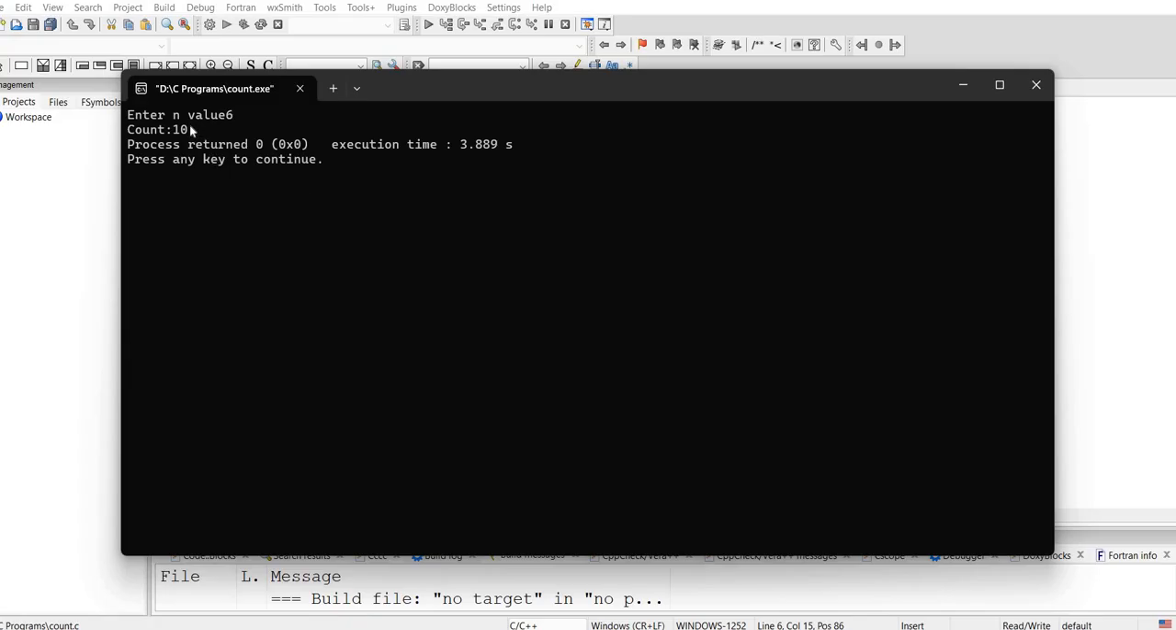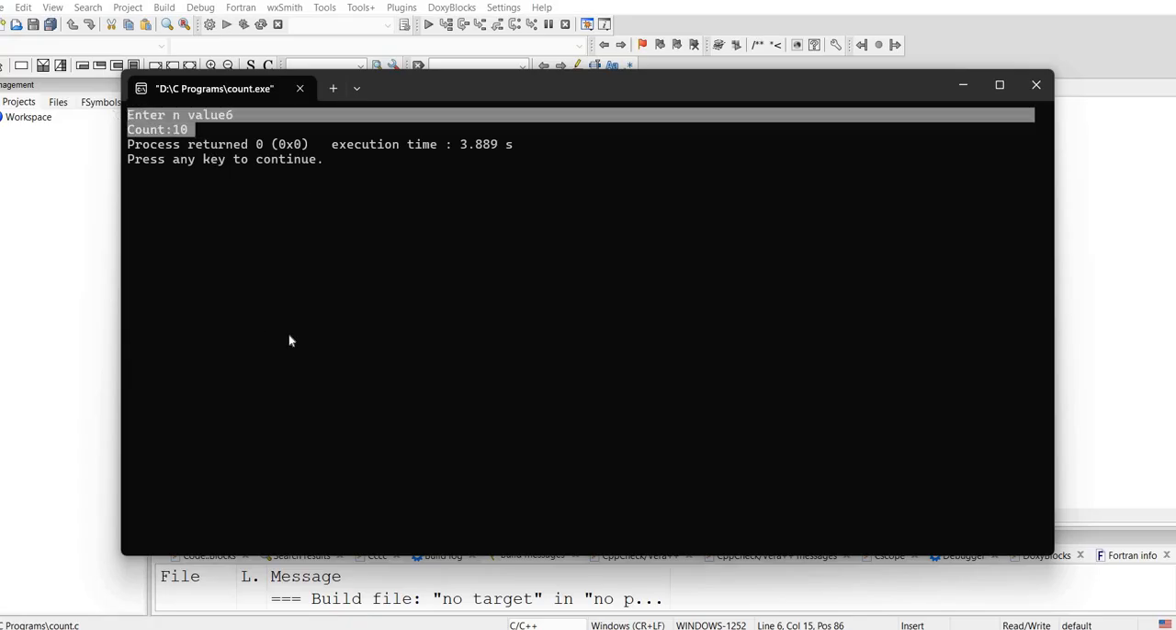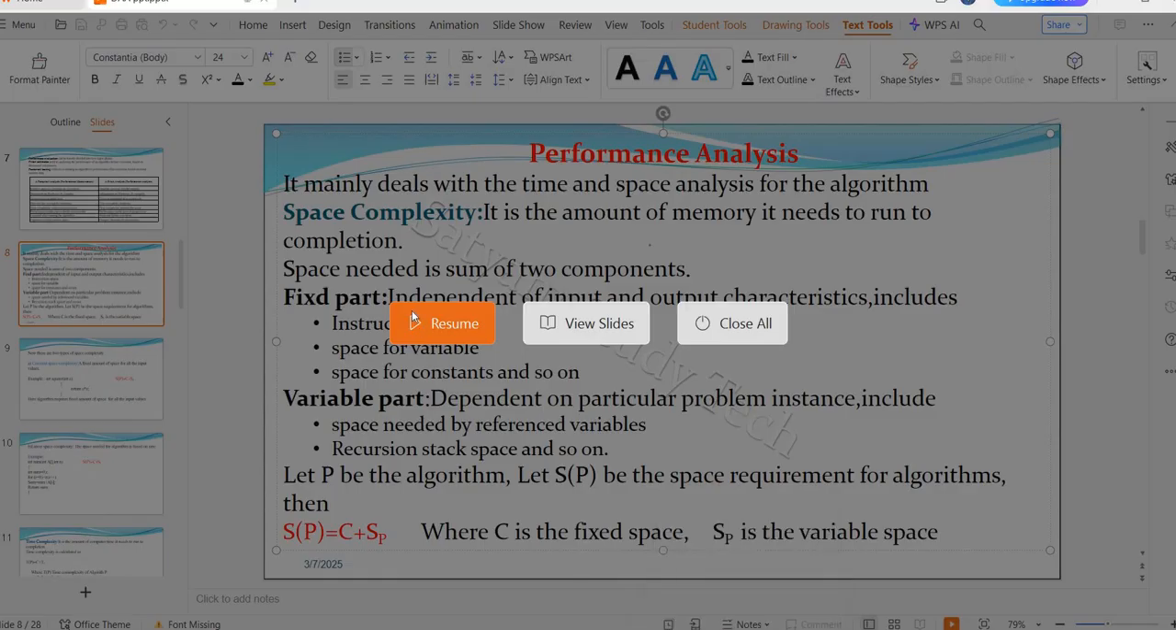So the count is 10. That is the first. You can see here the exact time, that is the posteriori analysis, it takes 3.8 milliseconds. But here in priori analysis, so we calculate the time complexity,